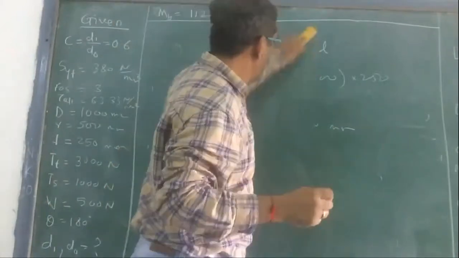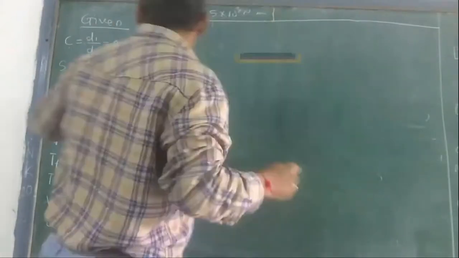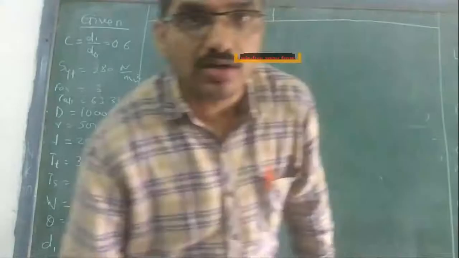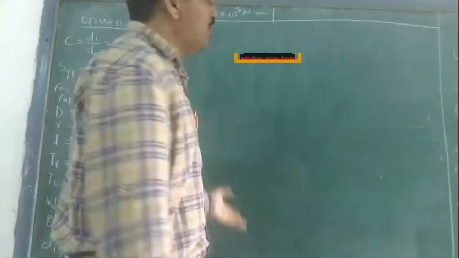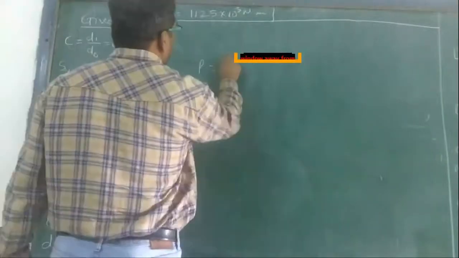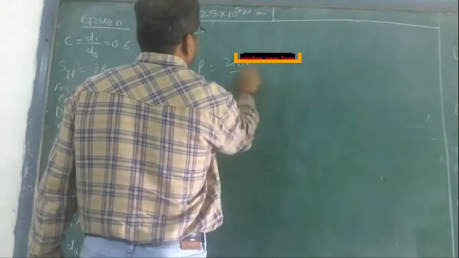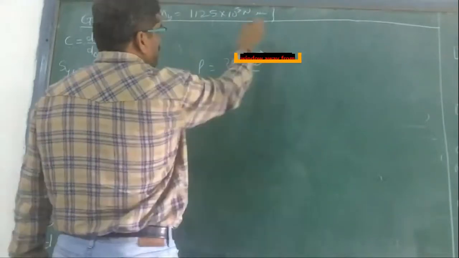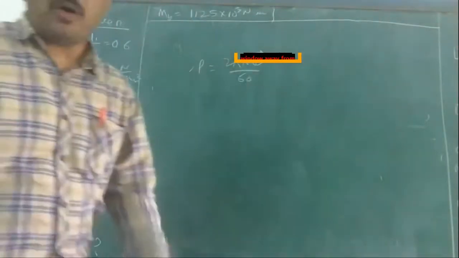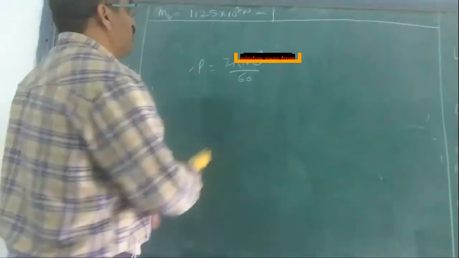Now let's try to find out the twisting moment. Right? What is twisting moment? Twisting moment means we have to find out the torque. How do we find it? Now we know power, we use 2 pi N T upon 60. Here we can find torque from the RPM and power. But here power is not given, RPM is not given. So how to find the torque?